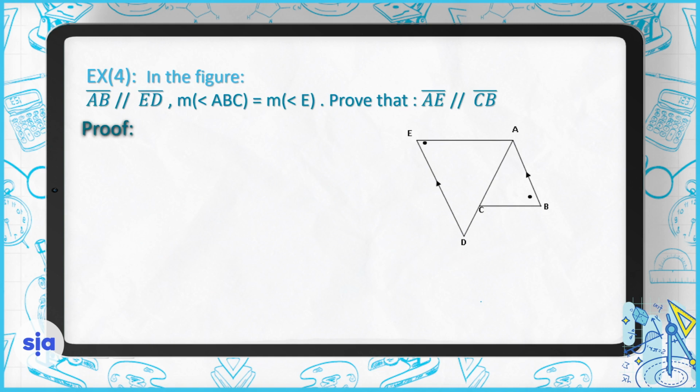Exercise number 4. In this figure, if AB is parallel to ED, where the measure of angle ABC is equal to the measure of angle E, the question wants me to prove that AE is parallel to CB. What we're going to do now is comparing angles of triangle ABC and AED. Since the measure of angle B is equal to the measure of angle E as given,